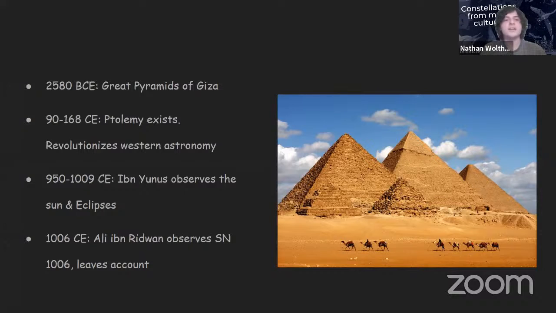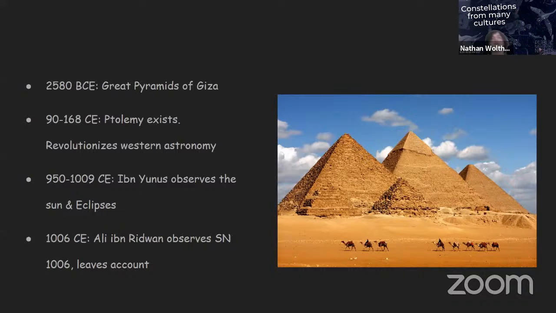By around 90 to 160 CE, Ptolemy popped up in Roman-occupied Egypt. He completely revolutionized Western astronomy for his time, published many books, and made various models such as the epicycle and the deferent, that were able to provide qualitative, if not necessarily quantitative, explanations for why the planets and other orbiting bodies were behaving the way they were. Obviously, now we know that the Earth is not the center of the universe, but for his time, it was very cutting edge stuff.